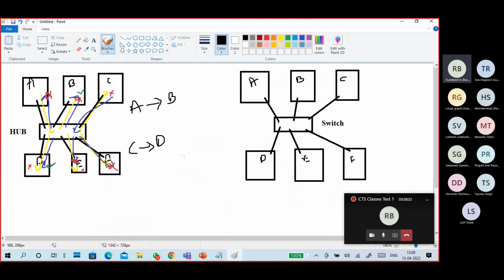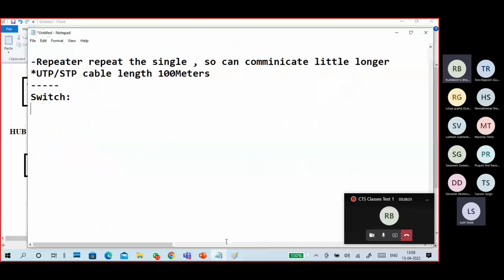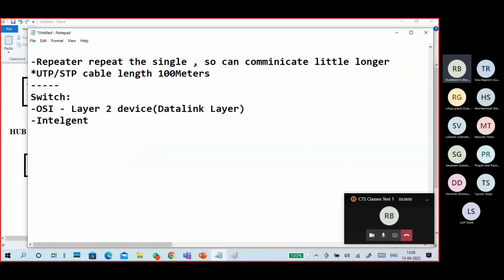So the switch, as per OSI, is a layer 2 device, meaning the data link layer. Of course, it is an intelligent device used for LAN communication only.